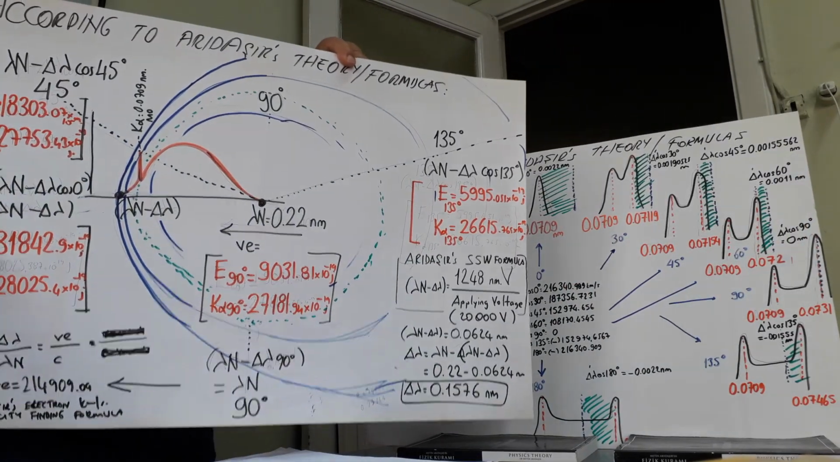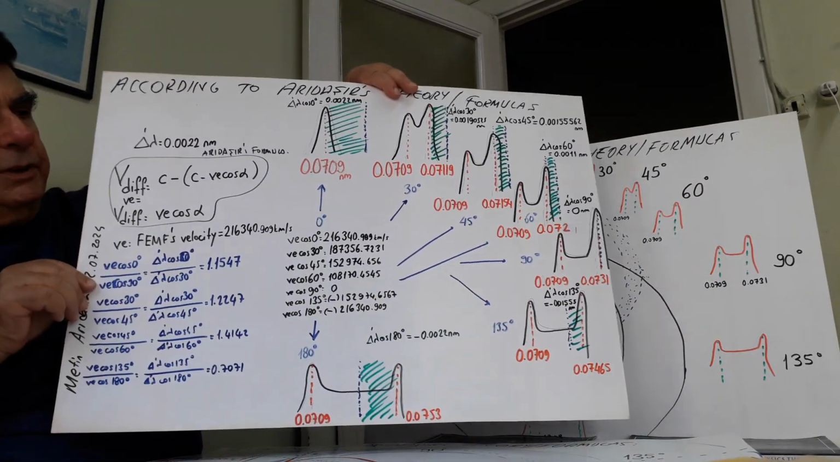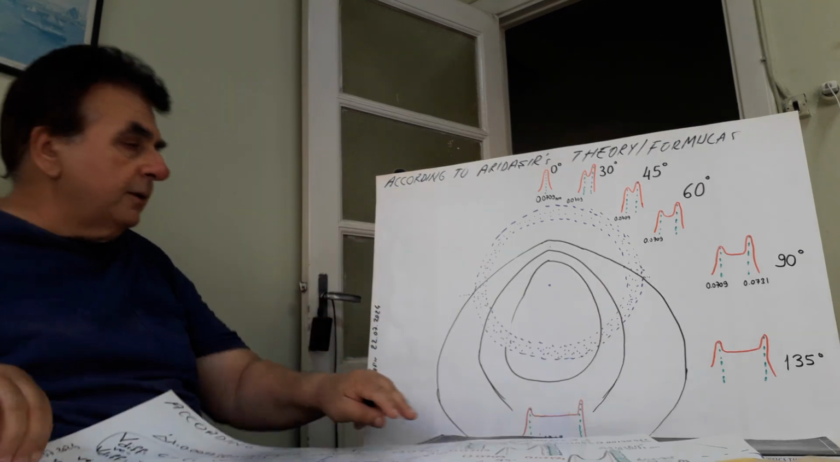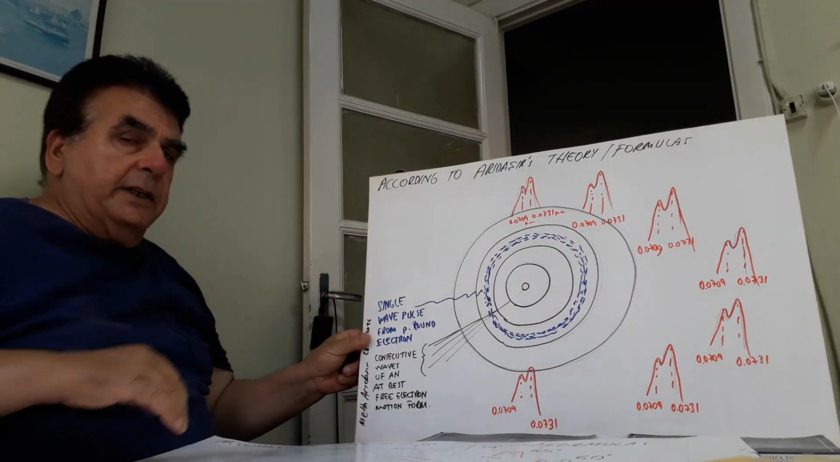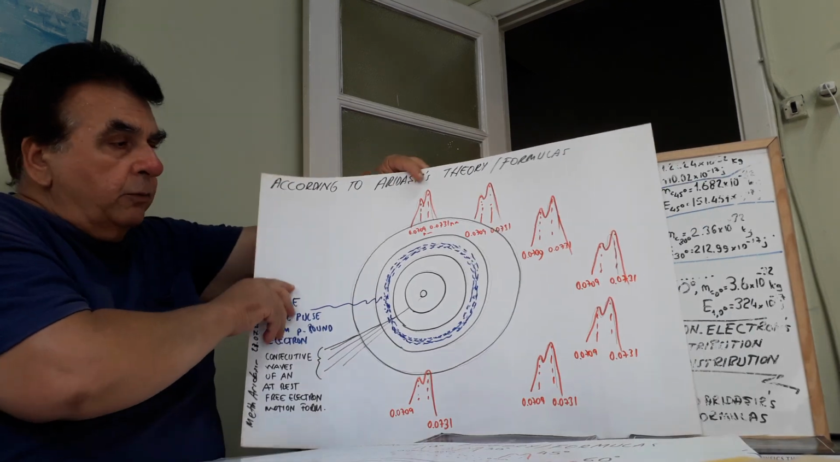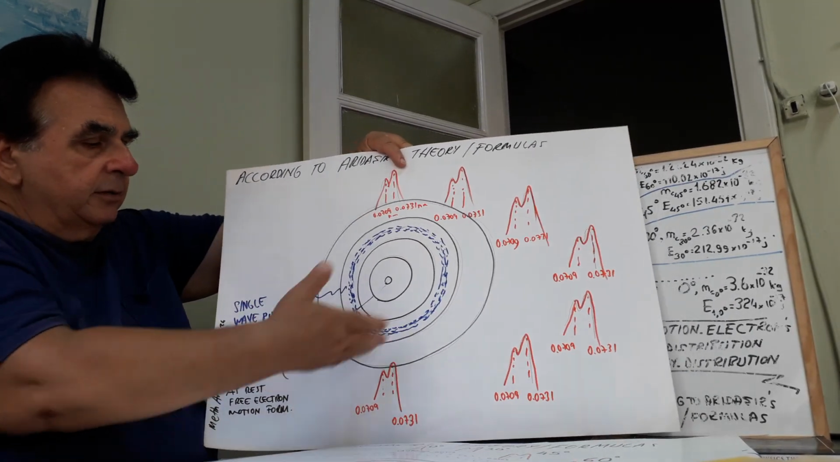Snapshot, and this one is from my previous video. Here, snapshot and snapshot. If the electron motion form didn't relocate, this is the